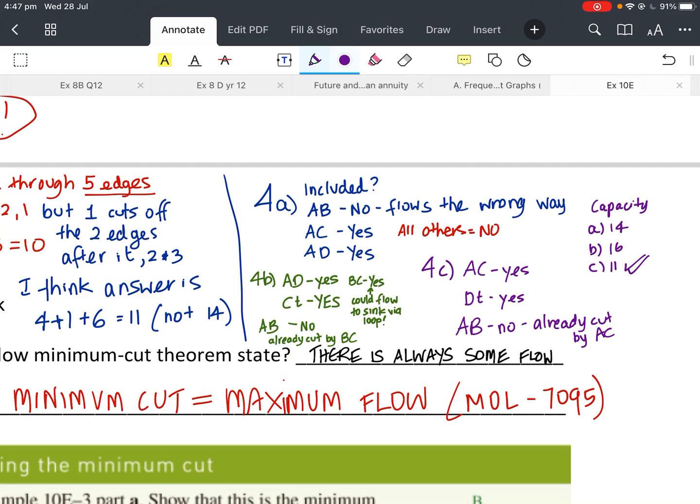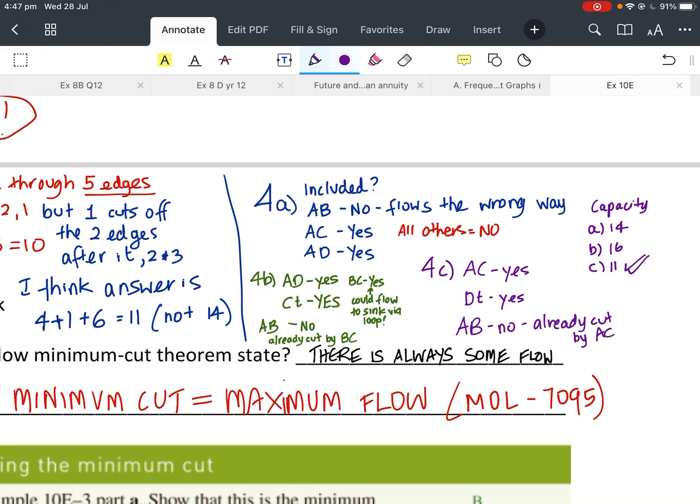For 4B, I said, again, it's flowing from A to D to get to the source. So I said yes for A to D. C to T, yes, it's flowing. So if you don't cut it off anywhere else, or if you go straight through that middle, C to T is definitely an edge that needs to be included. And the last one to include was B to C. Now, it's not been cut from A to C. It's been cut after that from C then to B. So we do actually include that B to C cut,